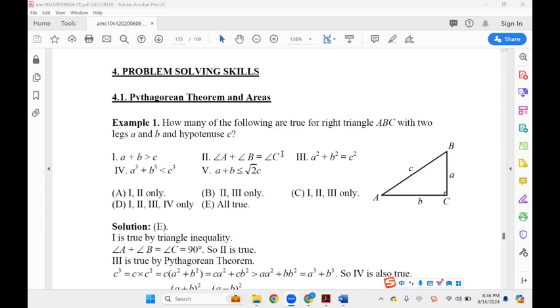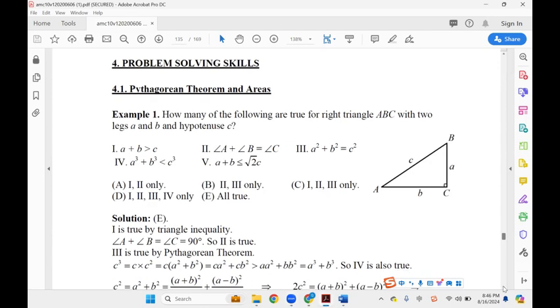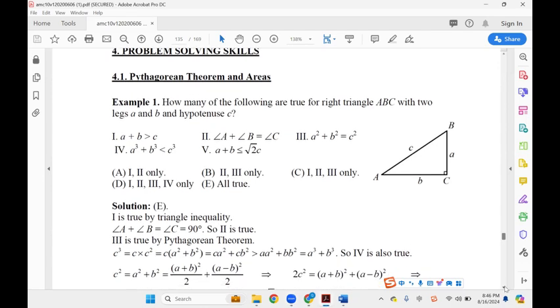For the third one, it's normal: the squares of these two legs added together equal the square of the third side, okay? And then for the fourth one, let's try. The fourth one is a little bit complicated. We can calculate it. First, C square is equal to C. So this one would be, right, so this one would be,